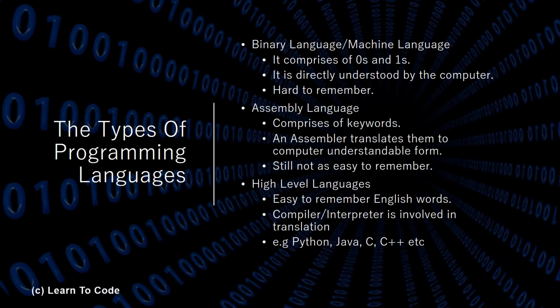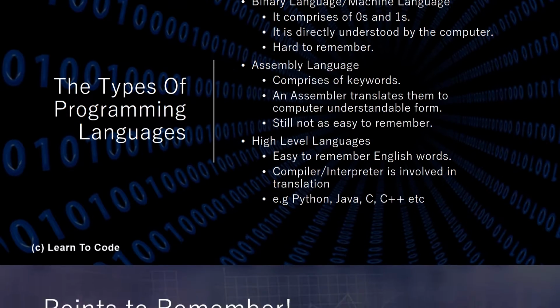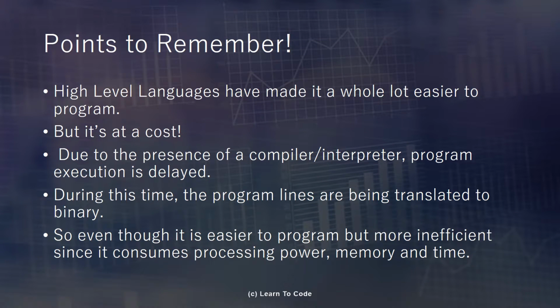There is a huge catch involved over here, though. With the advent of high level languages, we now have a concept of interpreter or compiler. An interpreter translates the program to binary code line by line, whereas a compiler translates the entire program at once. There is a significant delay in execution compared to binary code. So, even though the ease of use has been increased, our technique to program the computer has become more inefficient due to more processing power being used as well as increased memory usage. So, remember to try and optimize your code after you have become experienced programmers.